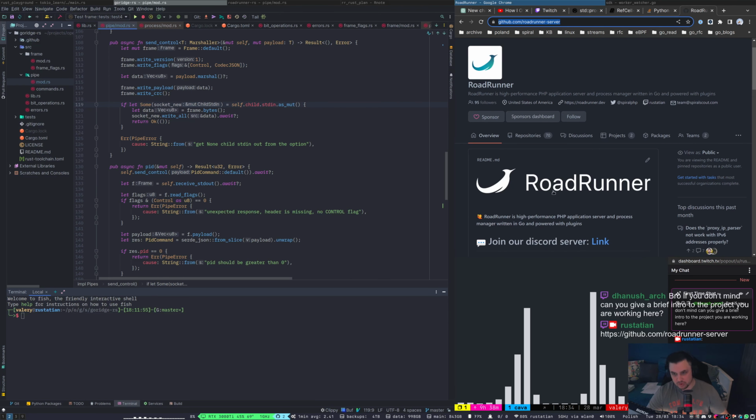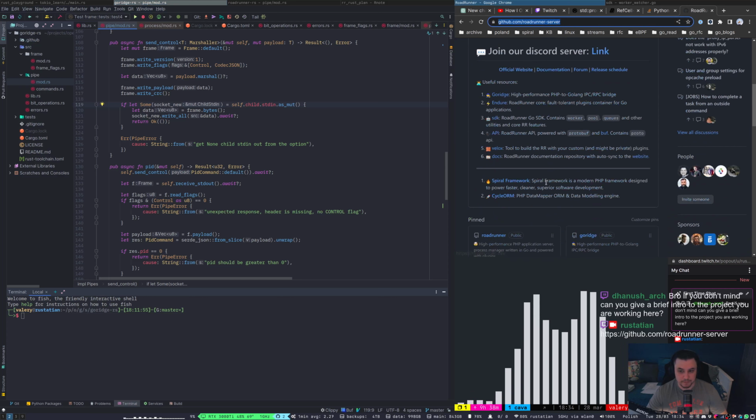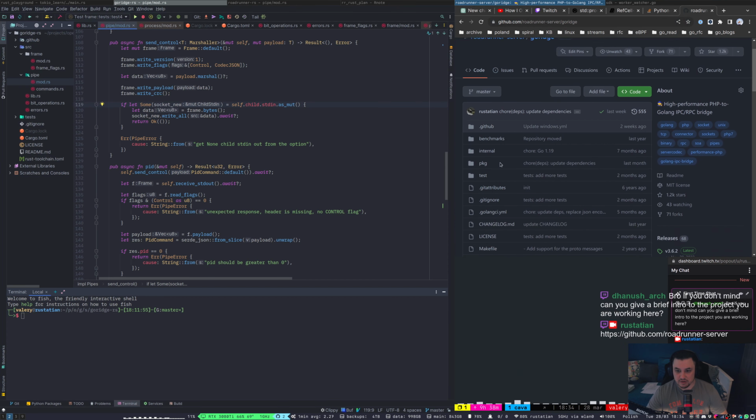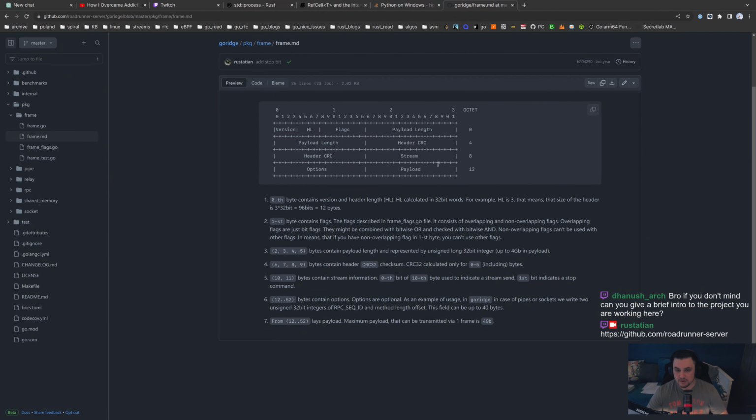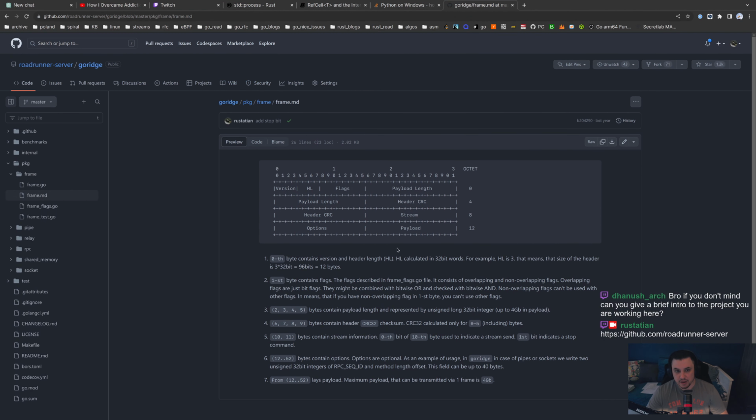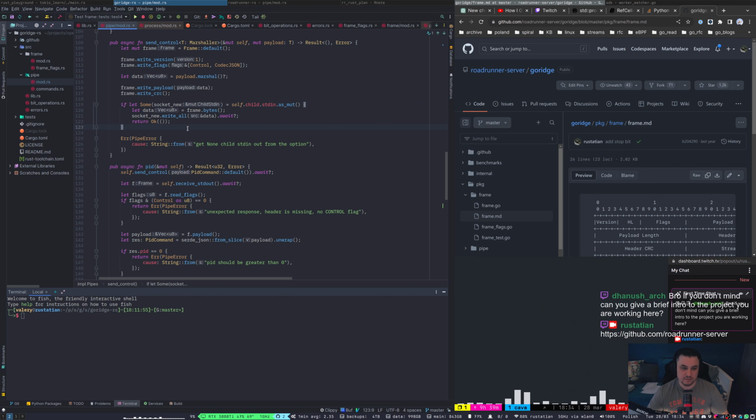Our organization is open source, and I basically work on open source things. And on these streams, I'm trying to rewrite RoadRunner in Rust. So we already rewrote Goridge. Goridge is our protocol. You may find it here. So this is how the protocol looks like, and we did all of the things in Rust, but at the moment,